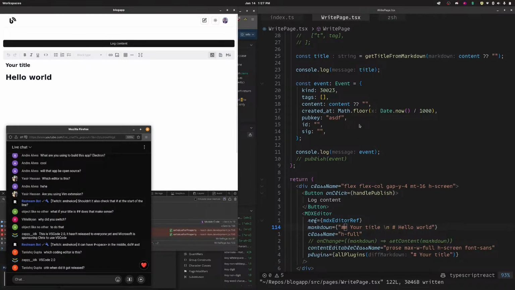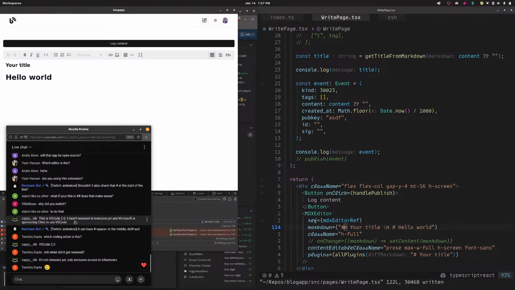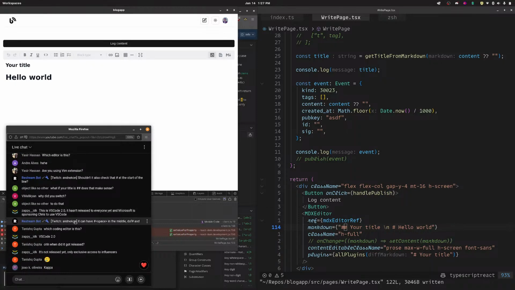Now we got to figure out the other thing. When did it get released? I don't know. I think it was earlier this week. Why did you switch to VS Code? I don't know. I just had enough. I can't deal with NeoVim anymore. Yeah, it is only available to influencers right now. So if you have a stream with over 30 people watching,